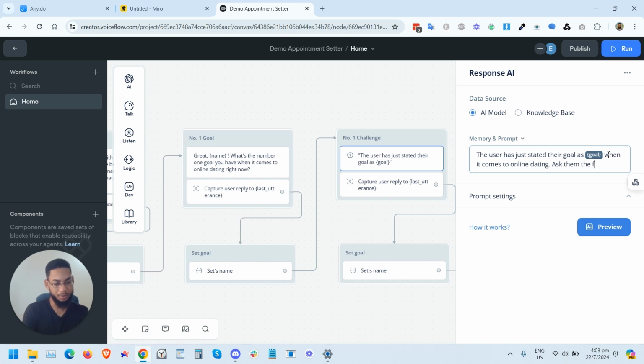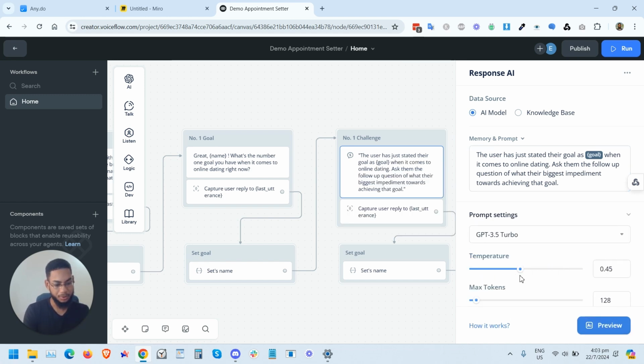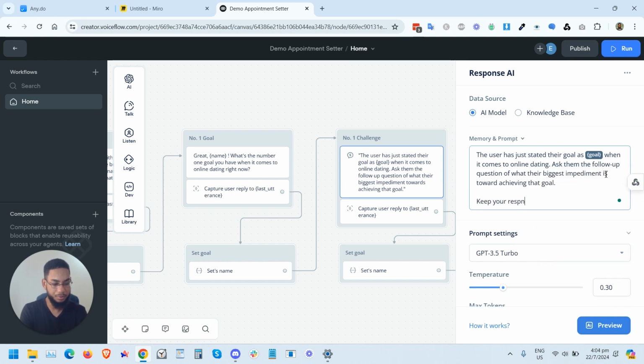Ask them the follow-up question of what their biggest challenge is towards achieving that goal. We want to keep this low. We don't need super creativity from AI when it comes to this. Keep your response low,